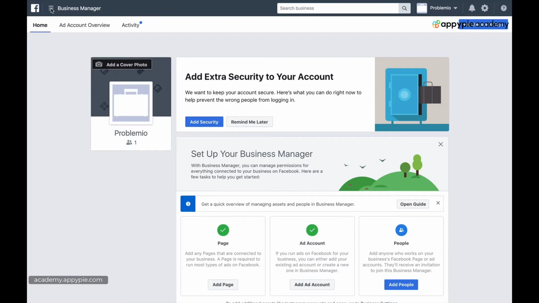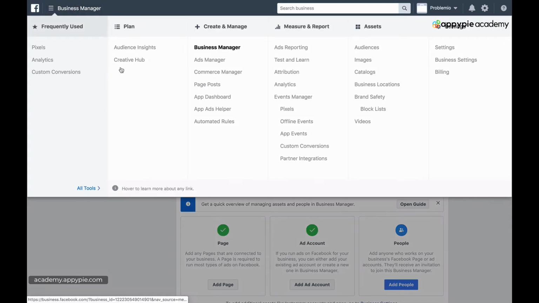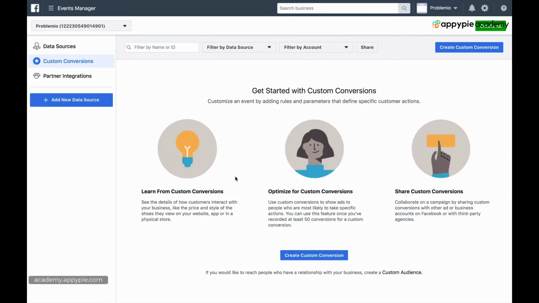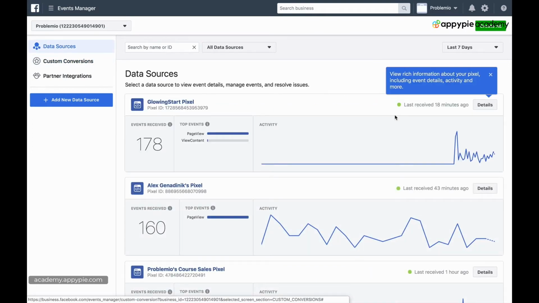So you go to Business Manager, and for me, it's under frequently used, but we'll go to custom conversions. But really the custom conversions is under measure and report also. And it's your pixels, and you have your custom conversions here. We'll click that. And what's going to happen is you can click on data sources, and what you will see